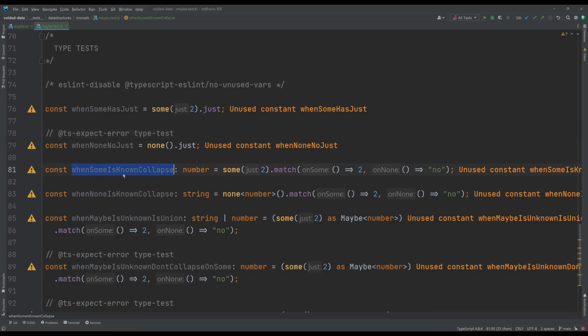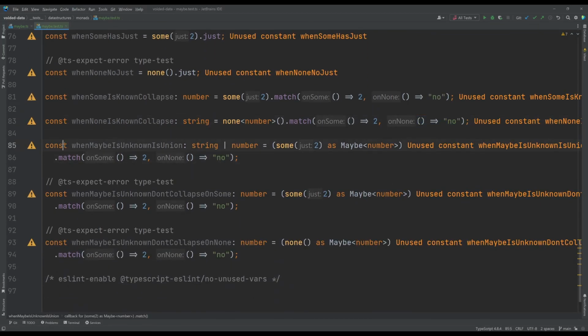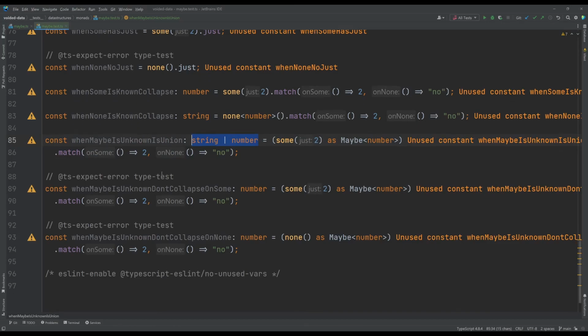Here we make sure the sum actually collapses to just the number value, not the union, because the on none is the string. We're testing here if the none collapses to only the false case. We are then testing whether on the maybe we are defaulting to the union because we don't know which one we are.